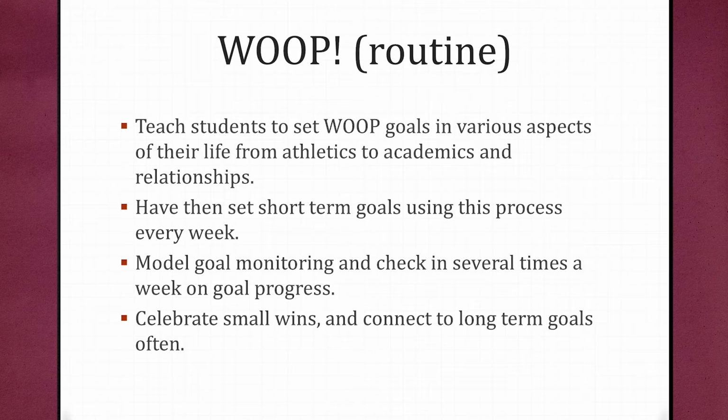An example might be a student who's had a particularly negative relationship with, say, a coach or a PE teacher, and decides that they want to improve that relationship. And they think about the obstacles. I've been kind of a crummy student in his class. I haven't been particularly respectful maybe in the way that I'm interacting. I want to change the nature of that relationship. The student could set a goal like that, and that would be a goal that they could actually achieve by the end of a given week.